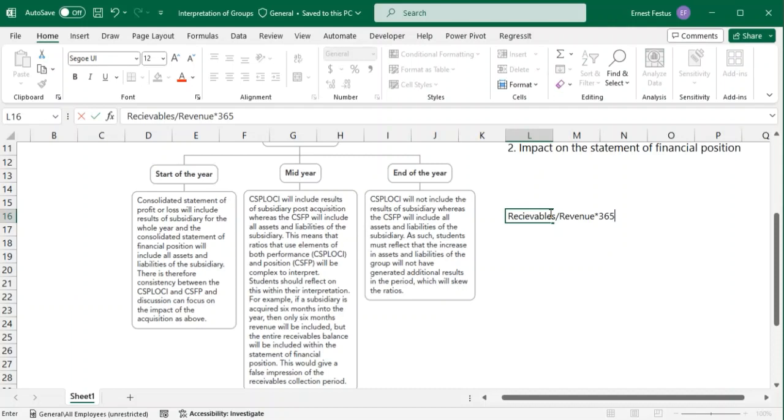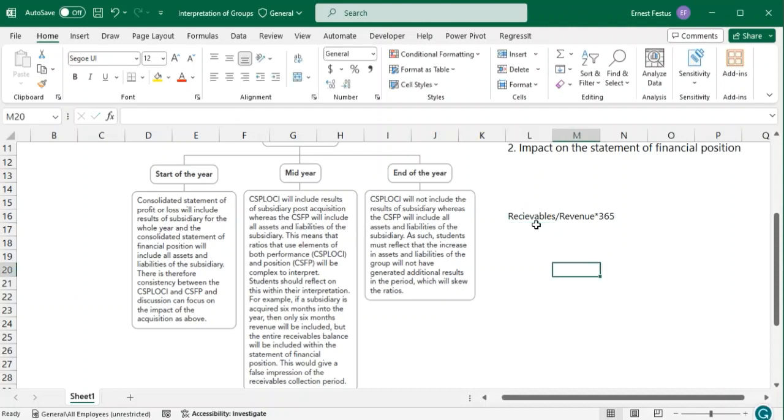So this is our formula for calculating our receivables collection period or receivable days. Now, the receivables is from the statement of financial position, whilst the revenue is from the statement of profit or loss. So if we are adding the whole year's receivables and time apportioning revenue from the date of acquisition,